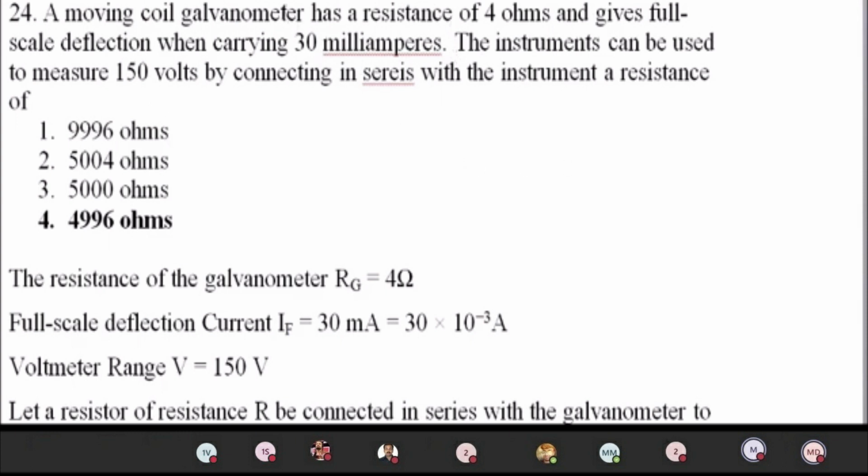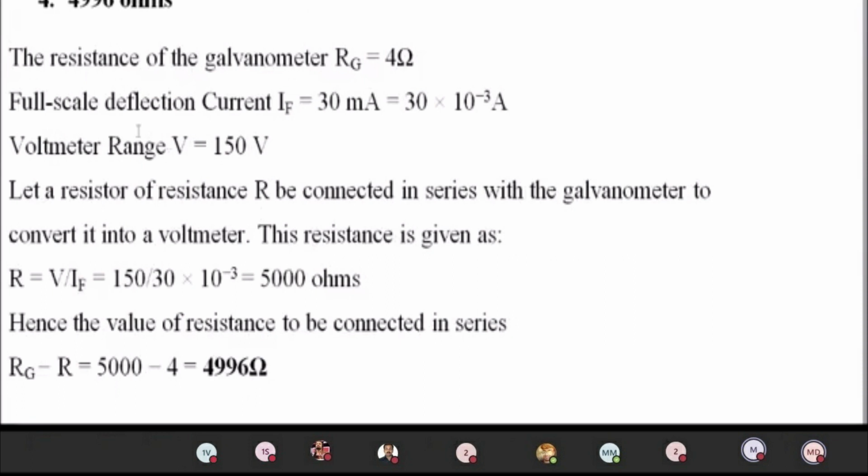Here it has been given as galvanometer. A galvanometer is equivalent to a voltmeter. So if you want to extend the range, you have to connect the resistance in series for a voltmeter, and if it is an ammeter, you have to connect the extra resistance in parallel to the meter resistance. That is the concept. Already we have discussed.